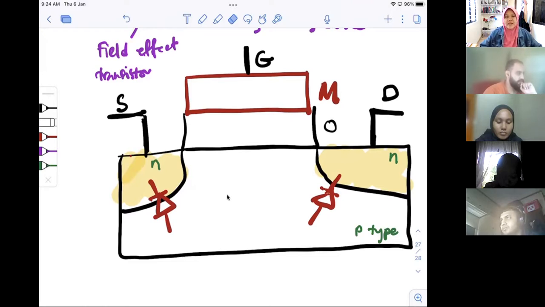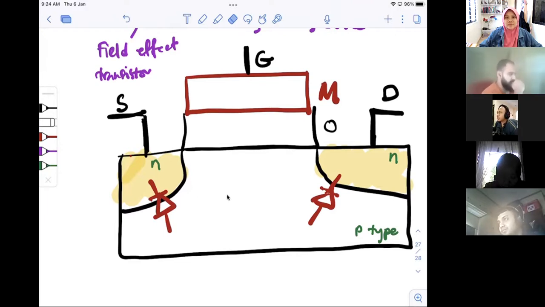Let's ask Elmi, what do you think? Elmi, you there? I think it's connected. How? Because they share the same P semiconductor material. Yes, good. So the answer is it's connected because both are